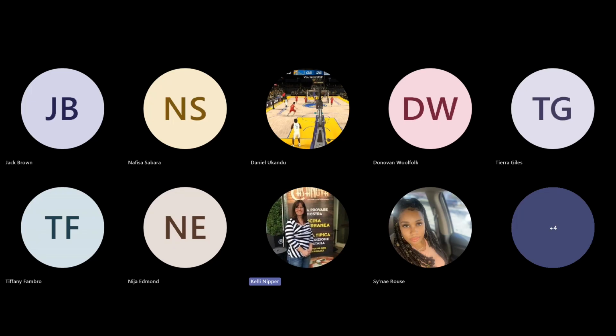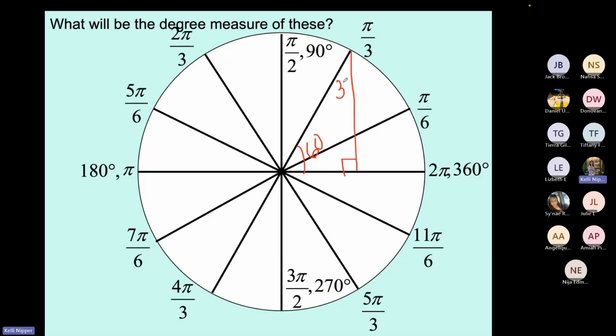Marking this as the right angle. This is the 60-degree angle, and putting the 30 up here. Remember that in the unit circle, our hypotenuse is 1 or the radius is 1, and across from the 30 degree is where we put the 1/2, meaning that this one over here is the square root of 3/2 based on